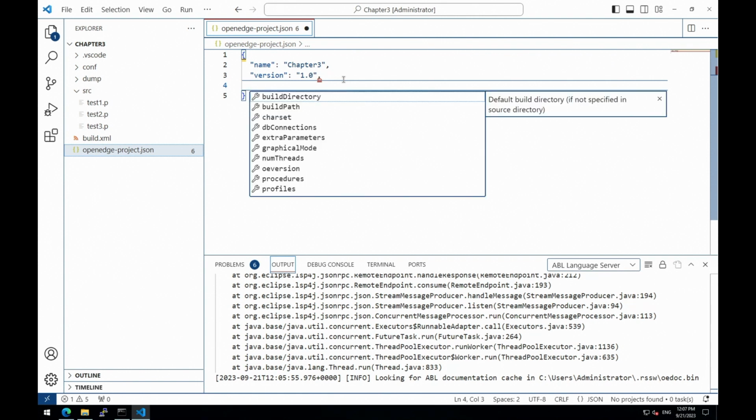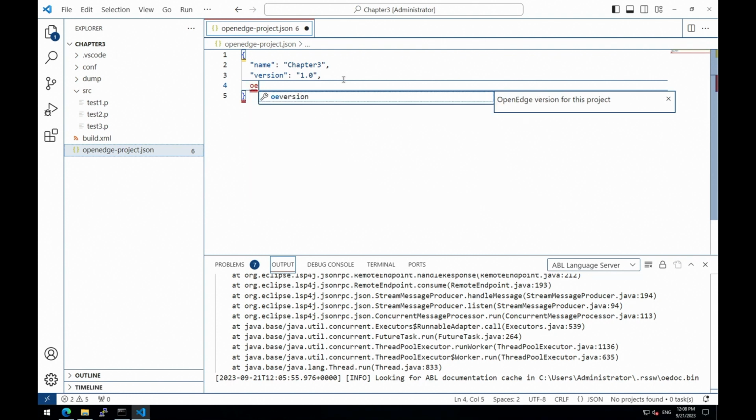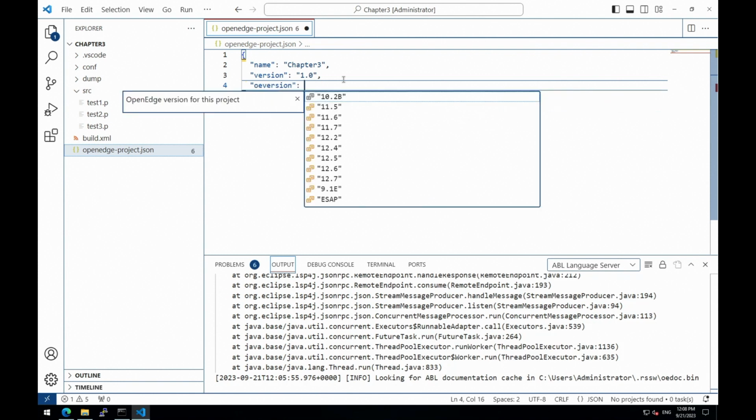So you will have some code completion. So the configuration file is openedge-project.json. You have code completion on what you have to include in the project. So first, we just have a name and version. Version is something which is not really used for now. That will be used in the future for dependency management. And this is a topic I would like to talk to with Progress and also with the Gradle plugin, because there is some kind of dependency management. I would like to do something in an intelligent way working with Progress. But currently it doesn't do anything. So here, first, we want to define the OpenEdge version we want to work with.